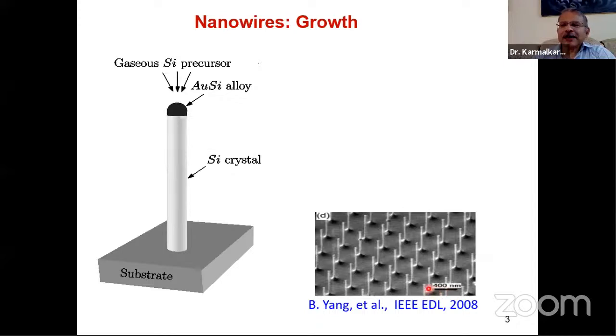So as Biplab has said, you must see this 400 nanometer. This is how to read a photograph, right? The distance is given as 400 from one end to the other end. This is the meaning of the scale. This much distance is 400 nanometer. Biplab would have sensed that if I take the distance between any two wires, it looks the same as this distance, therefore it is 400 nanometer. He is right.